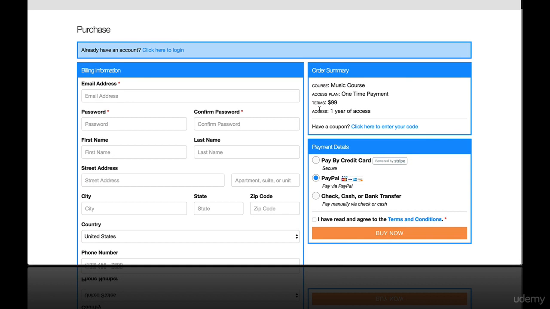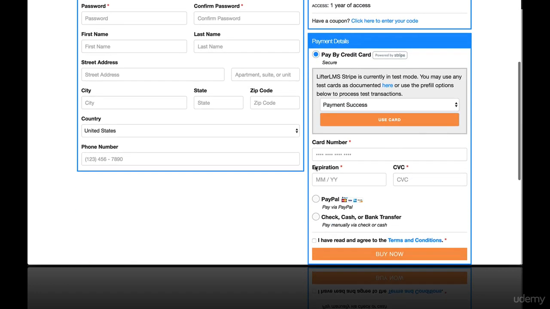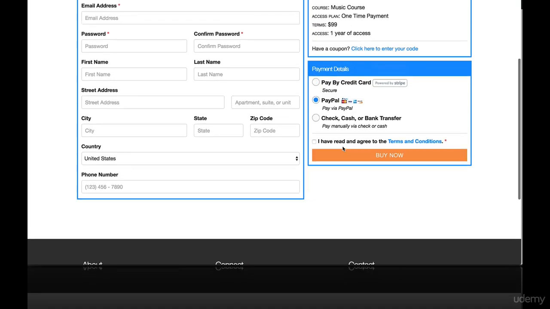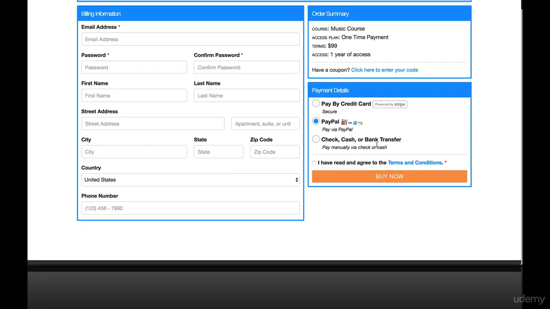I actually recommend doing both Stripe and PayPal. In my experience, at least in the US market, about 60 to 70% of people prefer to buy digital products and courses and memberships with a credit card. So the Stripe option is great for that. But then there's a bunch of people who prefer the PayPal side. And PayPal is also a little more accessible, as Stripe doesn't work in almost every country in the world